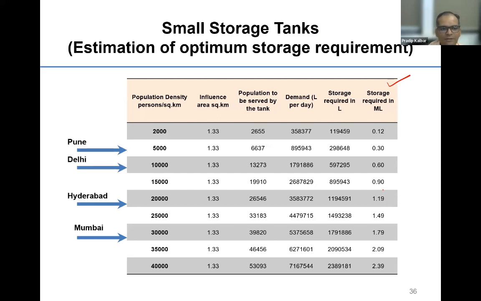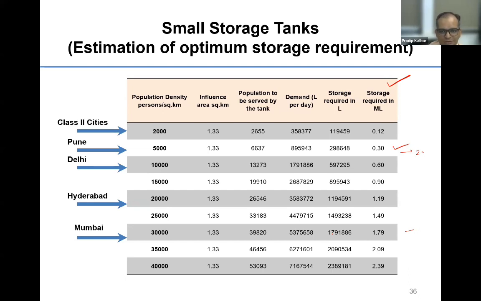Hyderabad, Delhi, Pune. But if you see, it is 0.3 million, that means 3 to 5 lakhs. What Pune is going for is 20 lakhs storage tanks. Mumbai is going for 80 to 90 lakh storage tanks. Now, people will say there is no space and all. I'll show some of the innovations we can do here.